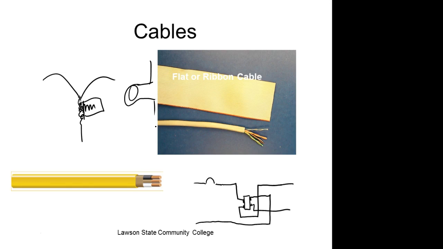Y'all understand that? But what's nice about a ground fault, if this right here is a ground fault and it says in and out and they're isolated with each other, but everything down below that would be ground fault protected. Every other plug down the line would be ground fault protected. So that way you wouldn't use the pigtails. You would go through the ground fault. So normally in your bathroom, your wall, your switch, and your lights are on the same circuit. Well, if you put a ground fault in there, then the whole bathroom would be protected,